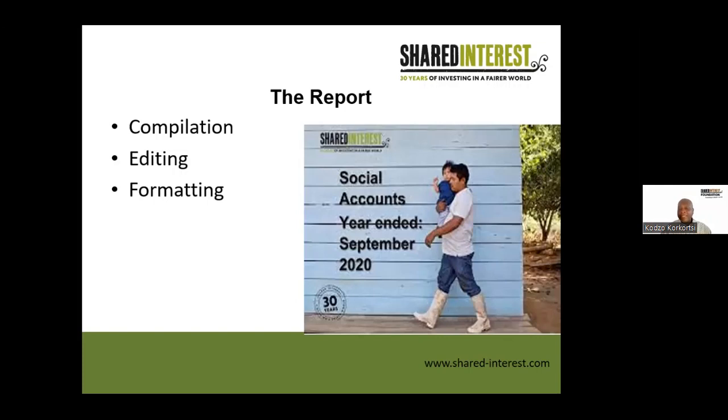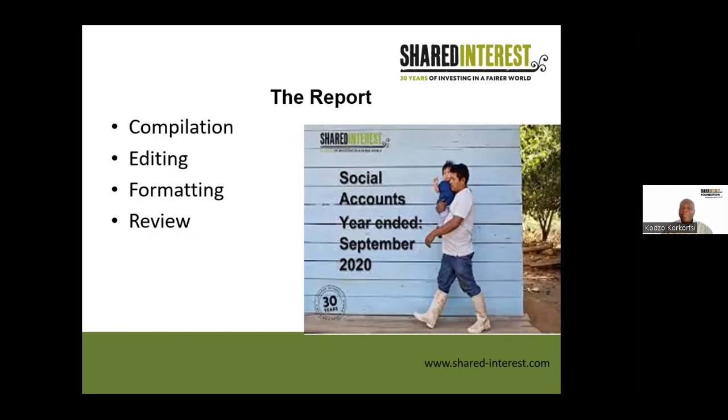After the formatting, that is not the end. We move to the review stage. One will ask, we have edited already, why review? No, we want to make sure that nothing is left to chance. So we make sure that the report is reviewed by different groups of people. Once it's been formatted, the report is sent to the senior team that will look at the entire report page by page to check that we have not misrepresented any facts, we have not provided any misleading information, and that what is there is a representation of who we are as an organization and what we've been able to accomplish during the year.